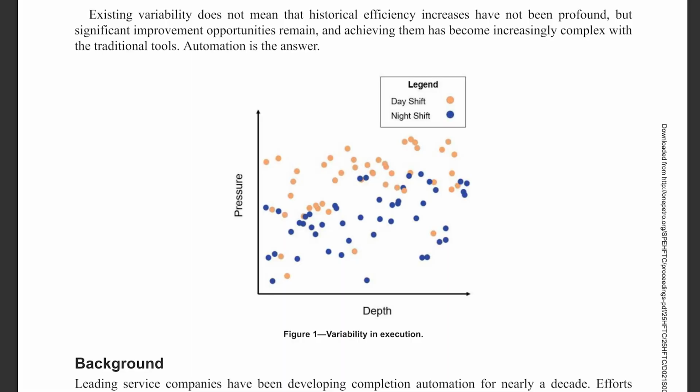You see some yellow dots and some blue dots describing the difference between day shift and night shift in pressure versus depth. What this looked like was one of our, or several companies that we work with, they said, we need a plan versus actual for friction reducer versus pumping pressure, because the different day shift or night shift execute the same instructions, but they interpret it differently.